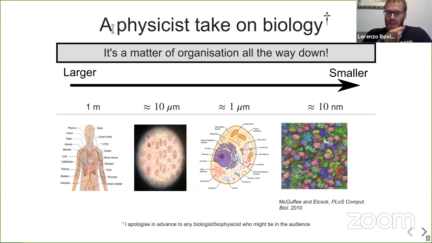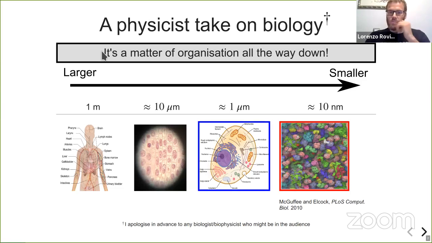So then, of course, at the smallest scales, you have the workhorse of the body, if you want. So that will be proteins and nucleic acids. Of course, you also have smaller molecules, but let's stop here. And these things are organized. So these compartments are there to organize spatially, essentially, the proteins and the nucleic acids. Okay.